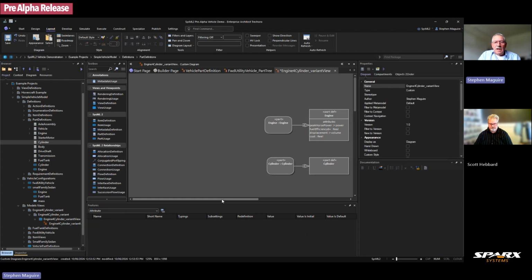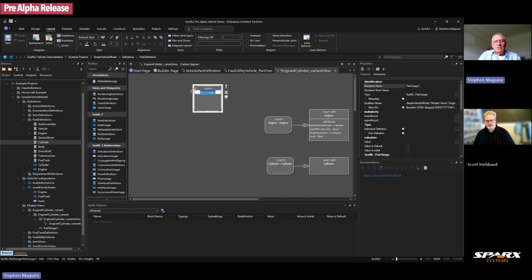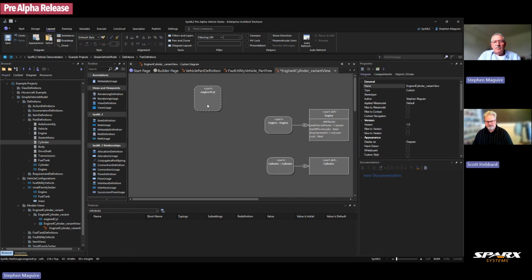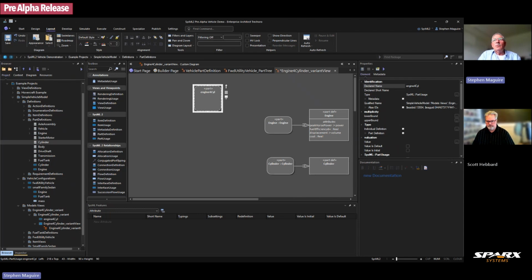And now we want to say that this engine is, we want to define a four cylinder engine. So yeah, let's do that. And so let's get a part usage from here, and let's put that on to our diagram, call it engine 4-cylinder. So we're defining 4-cylinder. Now, what we can do over here is